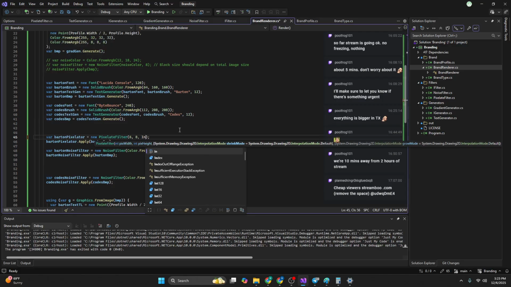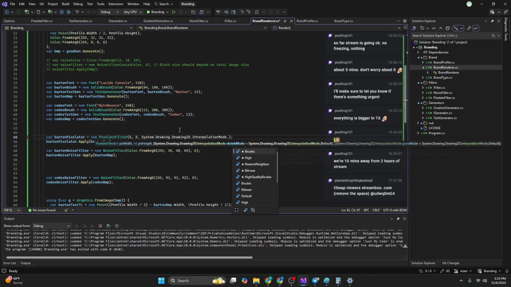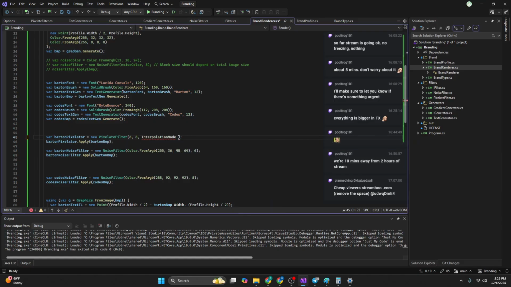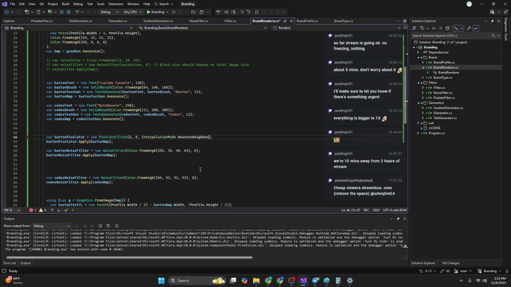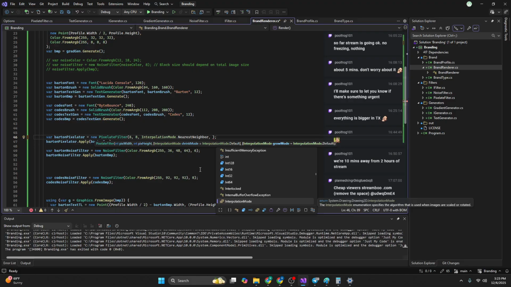we can pass. God damn. Just use the library. We can have it shrink. This is the other way I wanted to try it. Or no, so what we just tried is we let it keep the default when it shrinks, and then use nearest neighbor when it grows, which gave it that kind of shadowy effect. So now we want to do it the other way. We want nearest neighbor when it shrinks, and then we want